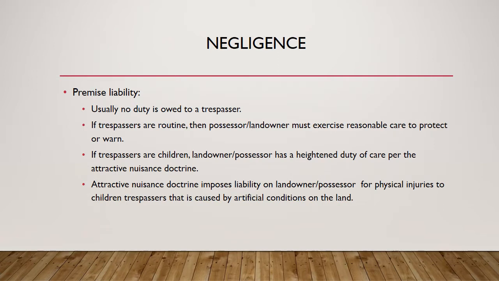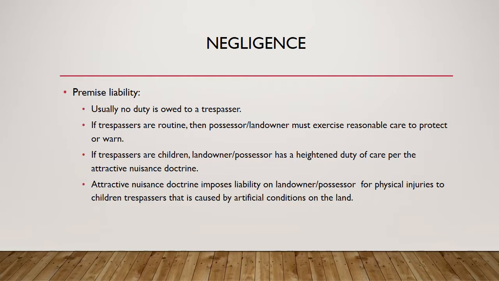So the book, when they talk about premises liability, they talk about the different classes of persons that may be on your property. So the first one they talk about is the trespasser. The general rule is that there's no duty that's owed to a trespasser. An exception to that is that if the trespassers are routinely there and it's known, then the possessor or landowner has a duty to exercise reasonable care to protect or warn